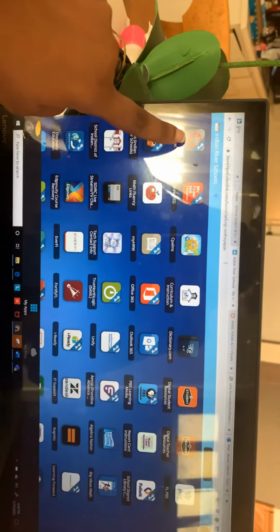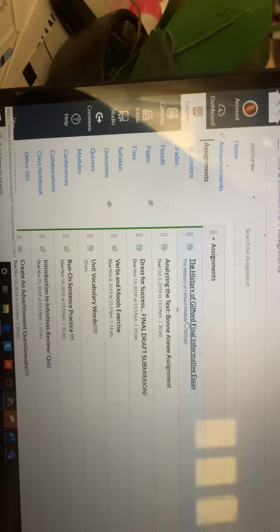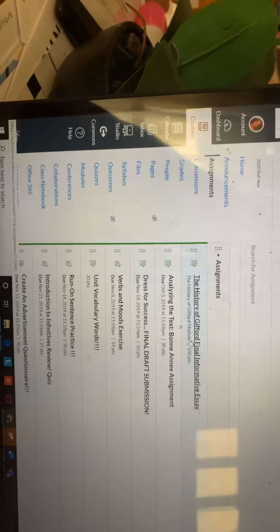Ladies and gentlemen, if I have given you the tools to submit your assignments, and I have presented the material on Canvas, where you and I are able to communicate, then if you choose not to submit your assignment, that further lets me know that you ignore my request, you ignore Gifford Middle School's request, you ignore the communication bond between student and teacher, and that lets me know that you do not want a grade for this assignment.